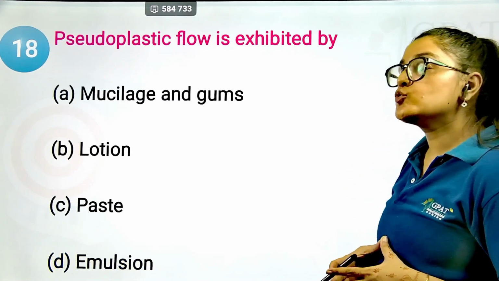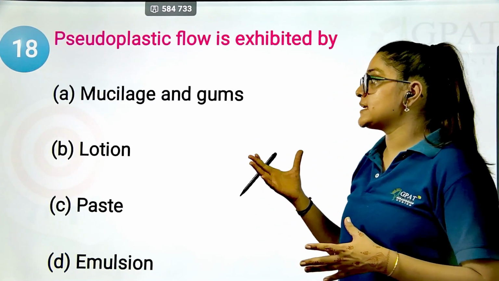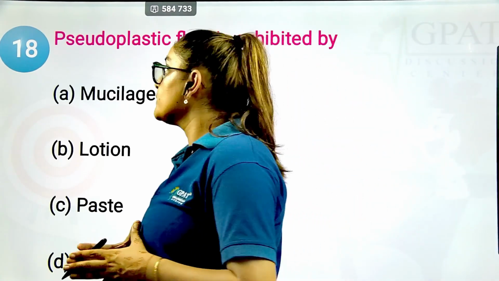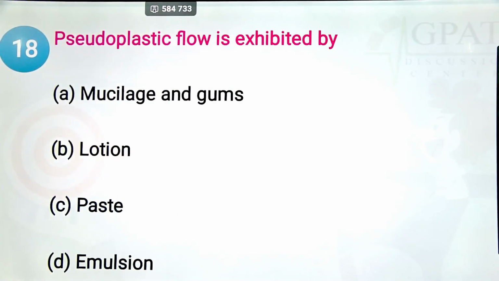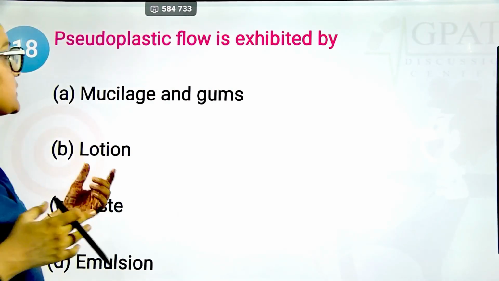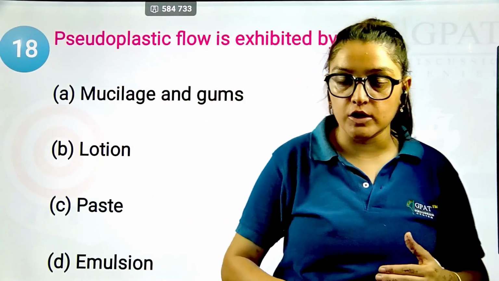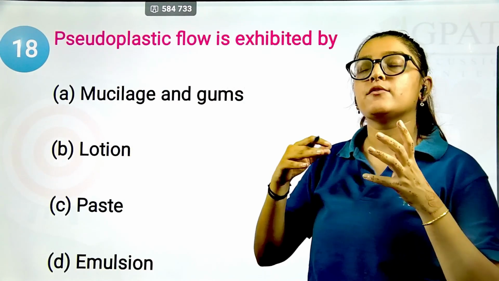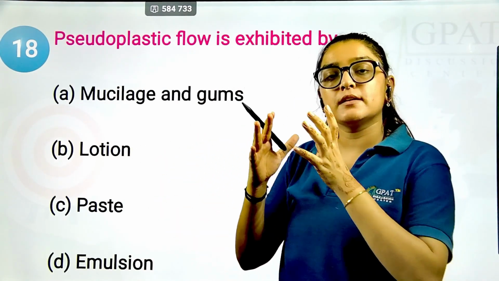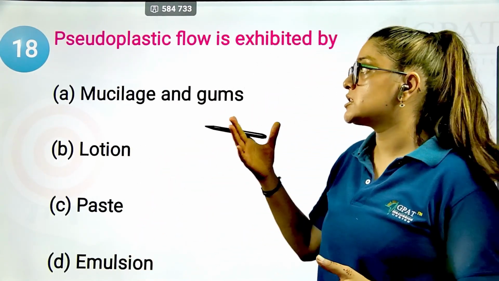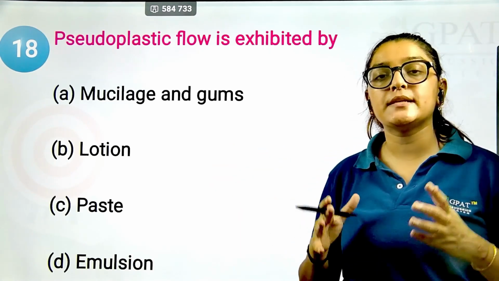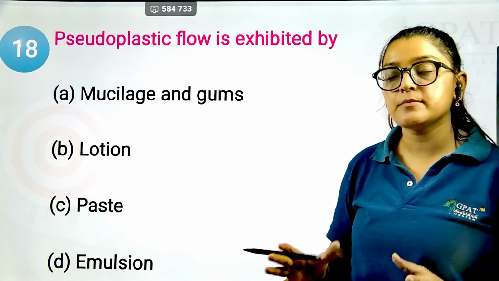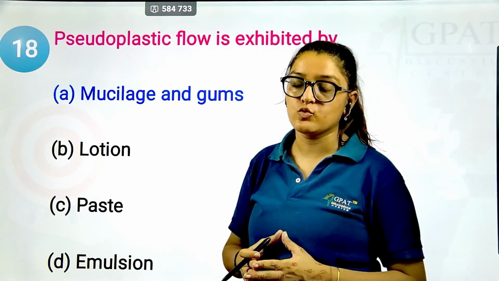Okay, next, pseudoplastic flow is exhibited by mucilages, gum, lotion, paste, emulsion. I have today only mentioned that pseudoplastic systems are none other than shear thinning systems. So shear thinning systems actually reduce in their viscosity once the agitation is done. With the increase in the force, it will lose its viscosity and the viscosity will be reduced. The best examples are gums, mucilages, carboxymethyl cellulose, tragacanth, sodium alginate; all these are considered in the pseudoplastic